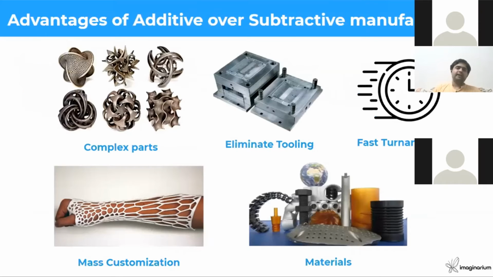Yeah. So where additive manufacturing is typically used is, of course, when you have to print complex parts, or when you need to completely eliminate tooling. So you can see these designs in the complex parts. This is something which probably cannot be machined. Machining is not possible. The only way to produce this is with the help of 3D printers. So these are the shapes which we have.